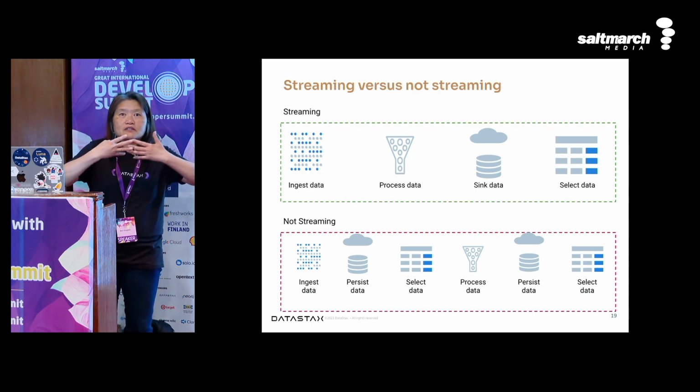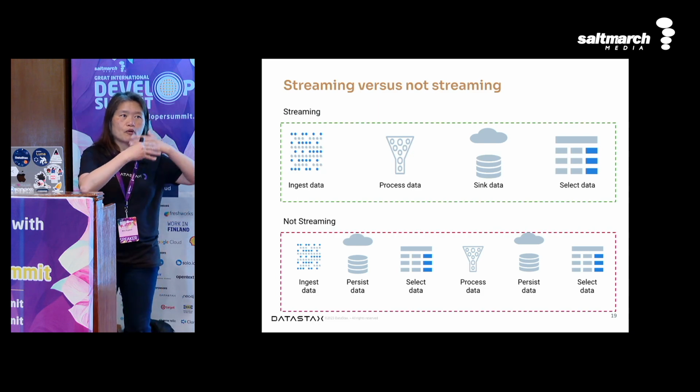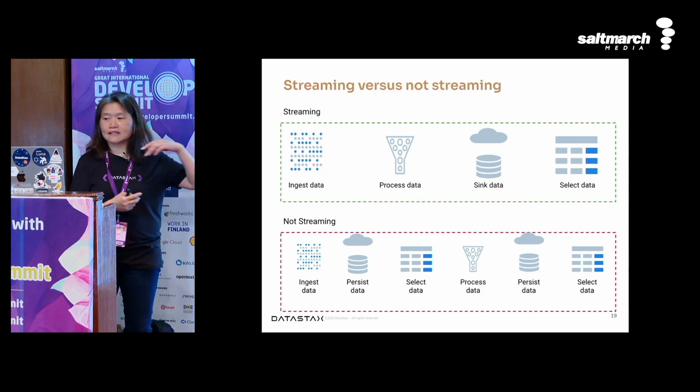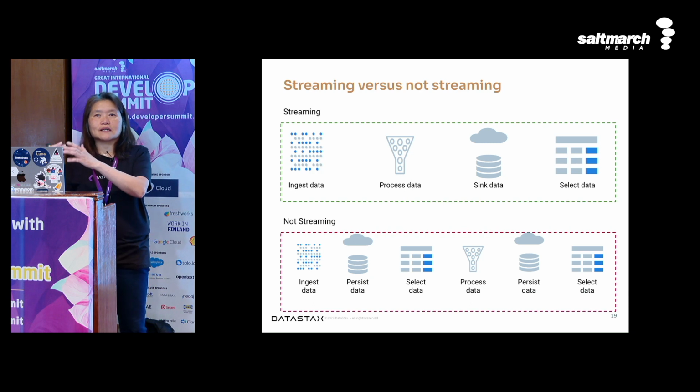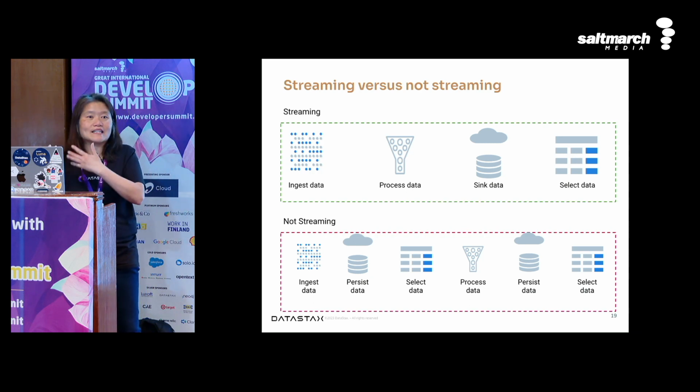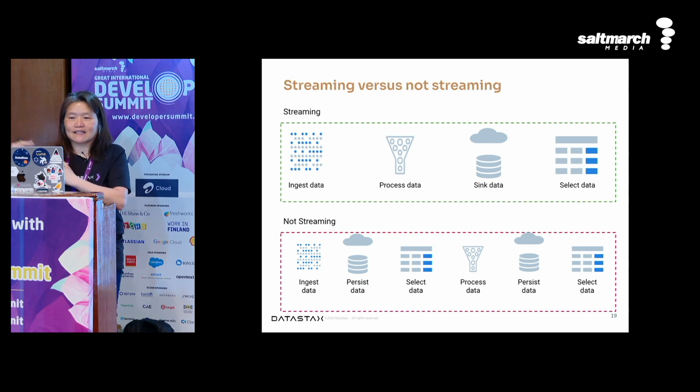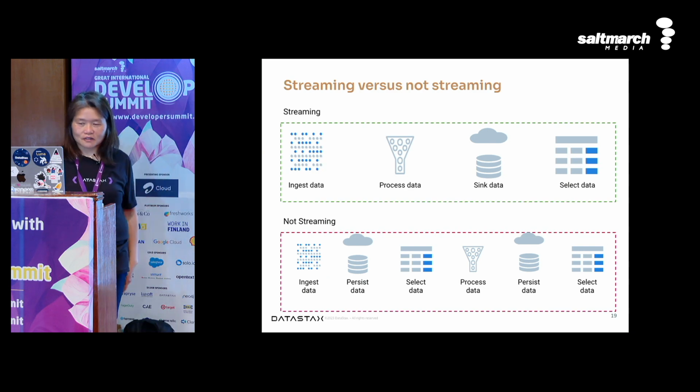And also when you build data pipelines, you basically process the data and you output data to a sink. A sink is where you collect the transformed data, and then you can continue on this data pipeline. That's the idea. So it makes the processing much faster and also more efficient.